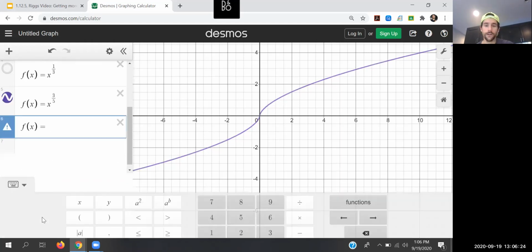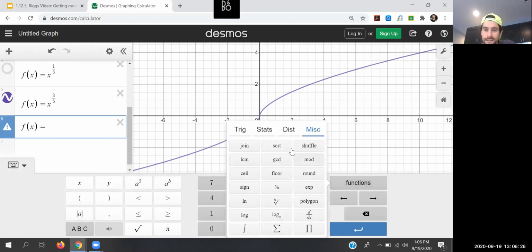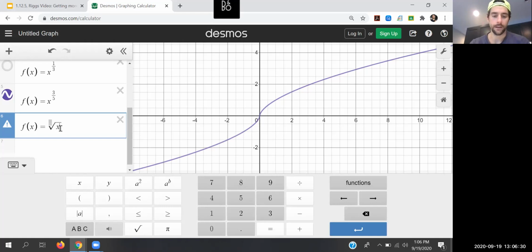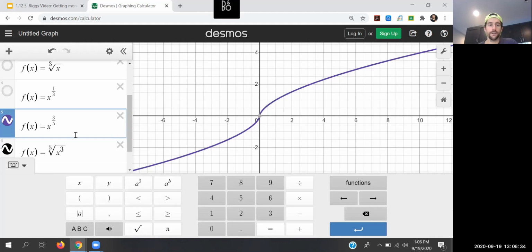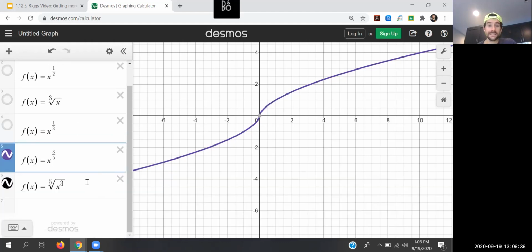Desmos has these really cool functions. I go to miscellaneous and I go to a root like that. I could say x to the third power with the fifth root. Notice how, again, these are mathematically the exact same function. If I have that odd denominator, I'm going to have all positive and negative x values as part of this